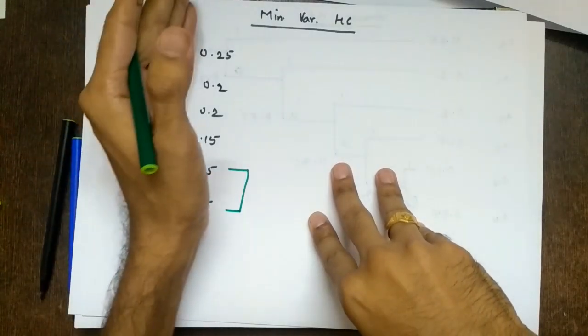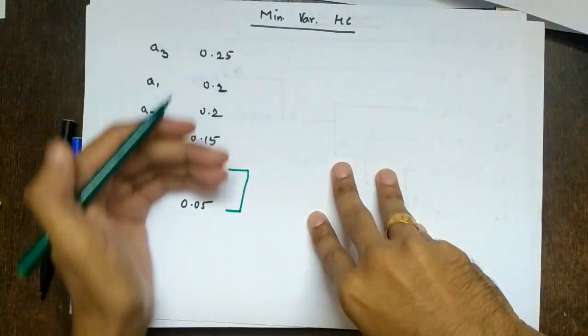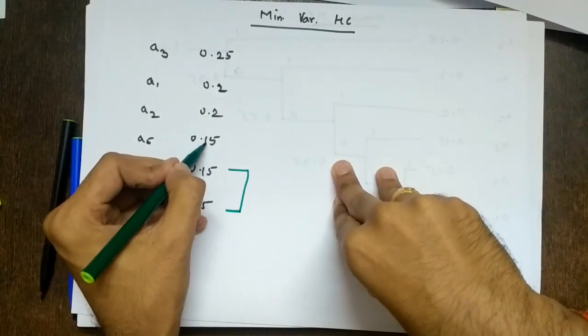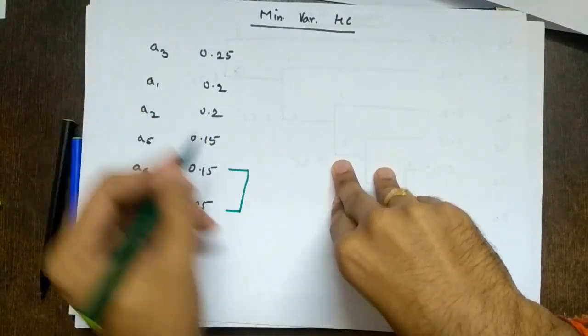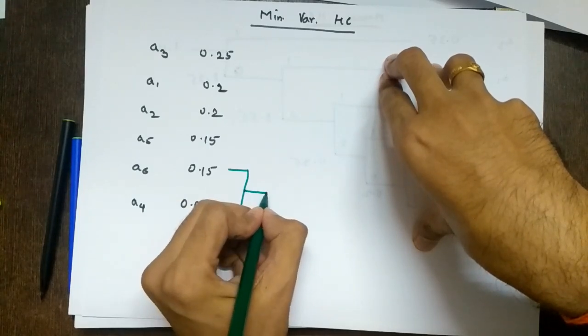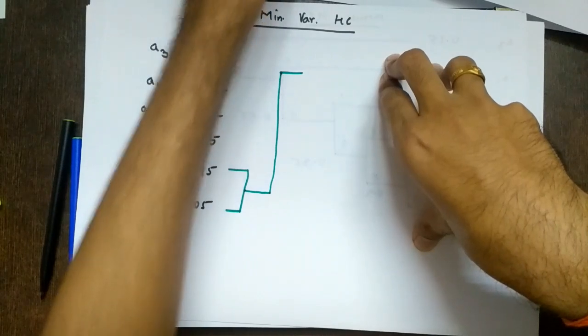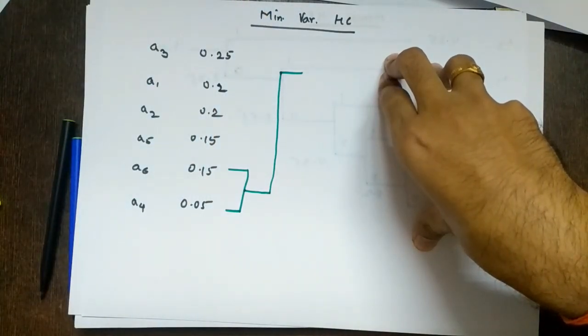But what are we doing? We are doing it in decreasing order of probability. If you observe, this addition 0.2 is equal to the 0.2 present here, and greater than 0.15. So you take that 0.2 directly above this here. This is the way we have to solve for minimum variance Huffman code.